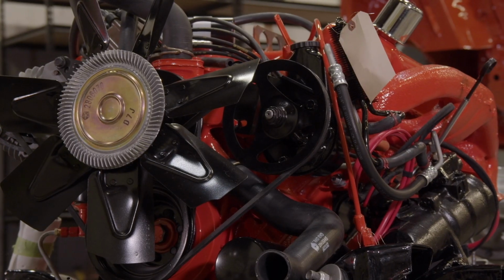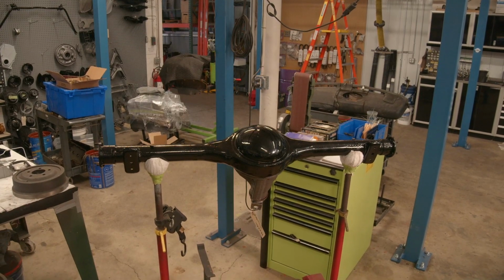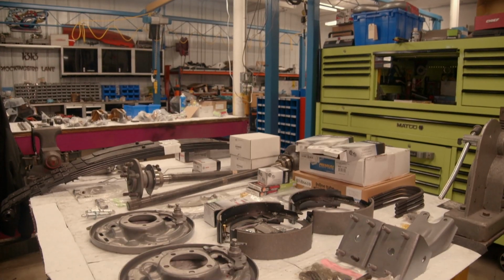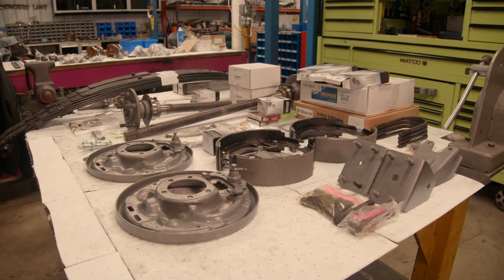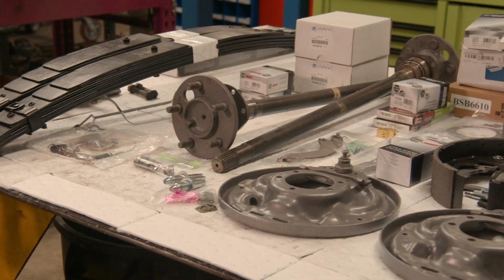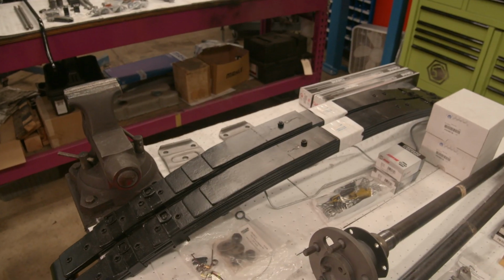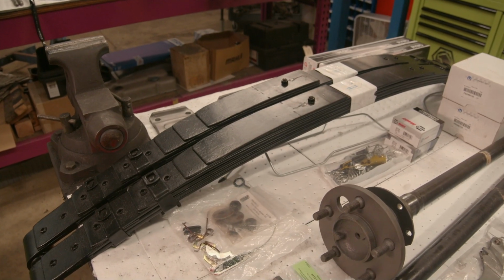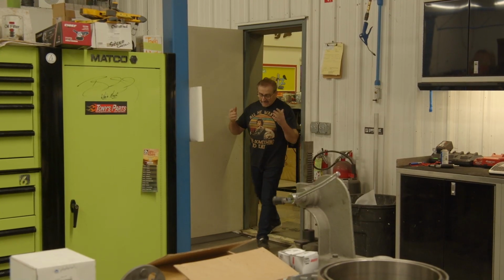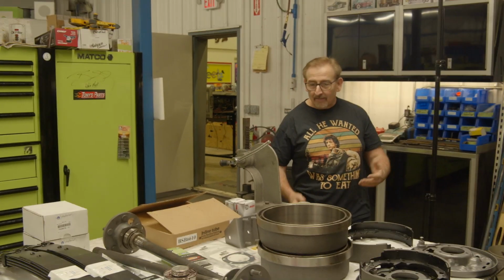We have the engine and transmission completely built out and detailed, so now we're down to the rear end. I have decided that I shall have Doug and Allysa assemble the rear end. What I've always wanted to do is find out exactly how many individual components it takes to build out a rear end. So I'm gonna have Allysa keep track of that, because I have a suspicion there's several hundred parts that make up just one rear axle assembly. So all I'm asking is that you put the rear end together, you count the number of parts that go into it, so we have a complete